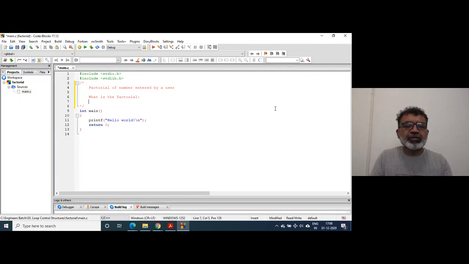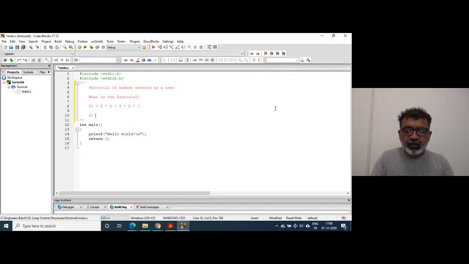I won't write the definition here. 5 factorial is 5 into 4 into 3 into 2 into 1, right? And 3 factorial is 3 into 2 into 1, right? So this is just a factorial. Hmm?